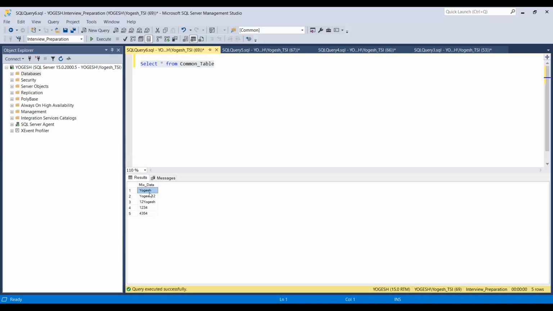So I am going to apply multiple conditions. If multiple conditions are available on any column of the table, we will have to use the case statement, right? So let's use the case statement and achieve our target. Let's see how to use that.